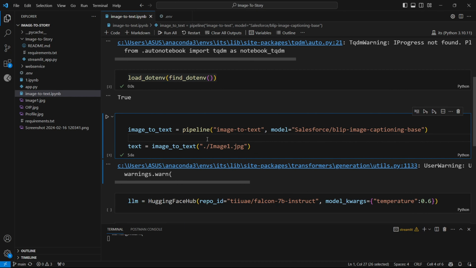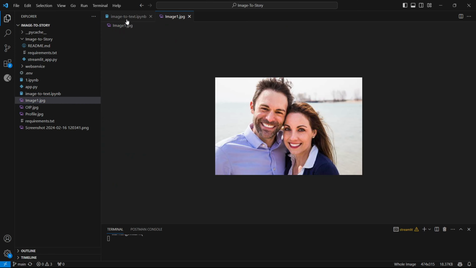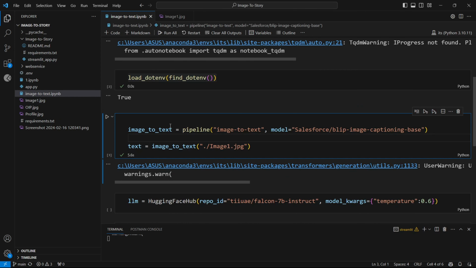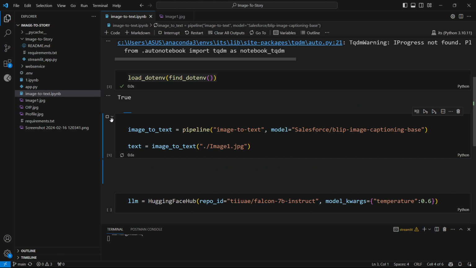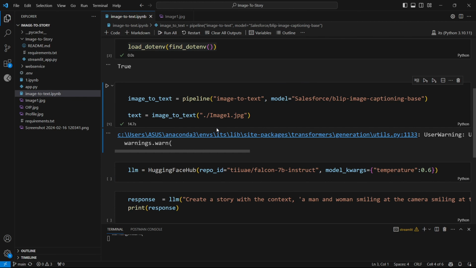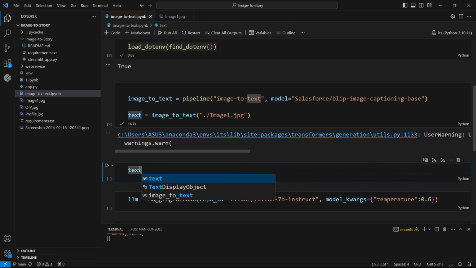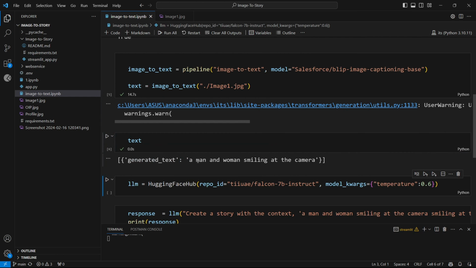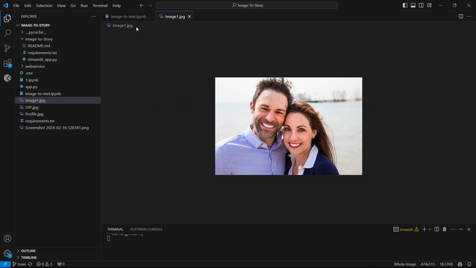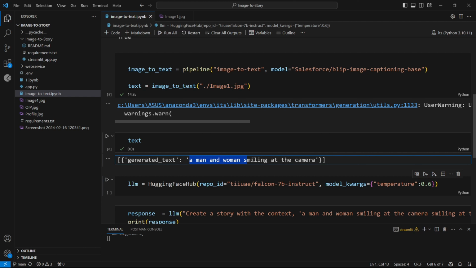So this is the code, and into this code I will be passing my image one.jpg. This is the image, a happy couple smiling at the camera. So when I run this, it runs successfully. You can see a man and a woman smiling at the camera. So it just captioned the image, and then using this captioned text, we will be passing it into the